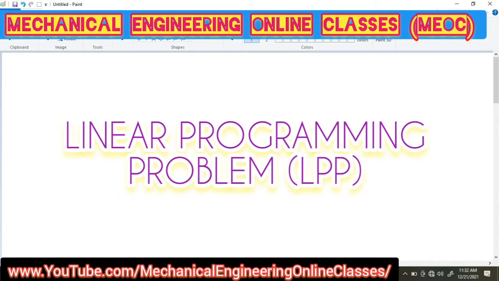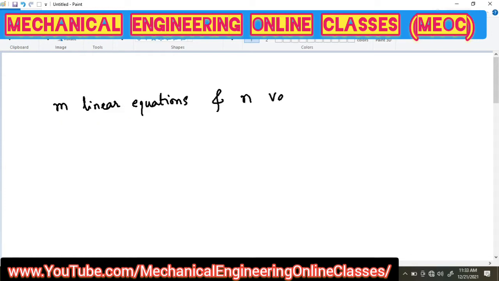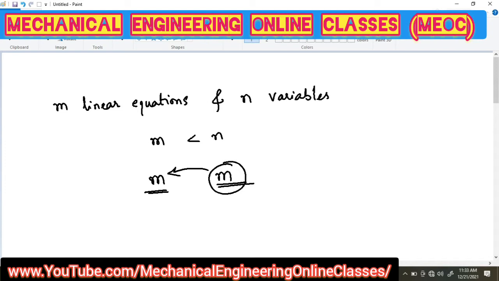Now starting with the current topic. In case a system has m linear equations and n variables such that m is less than n, which is quite a common problem. We know that if there are m equations and m variables, then we can find the m variables using these m linear equations. So for finding m variables, we need m equations. But in case we have fewer equations than variables, so when n is greater than m,